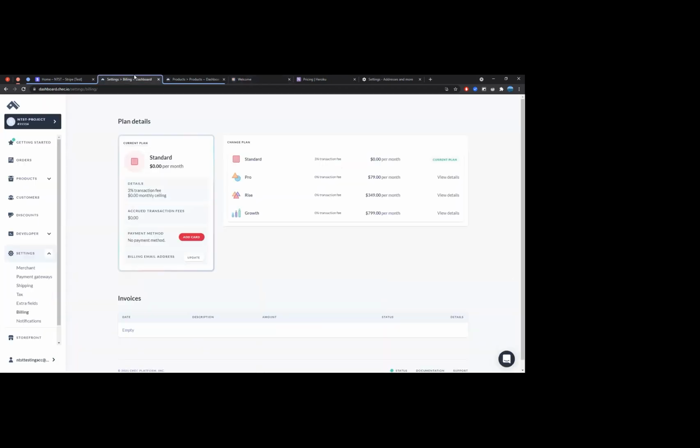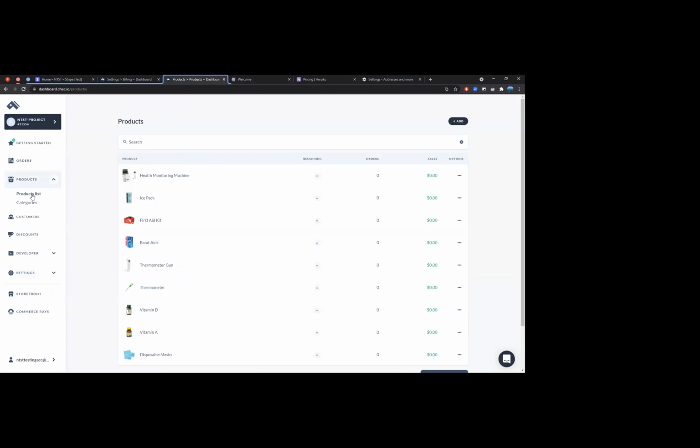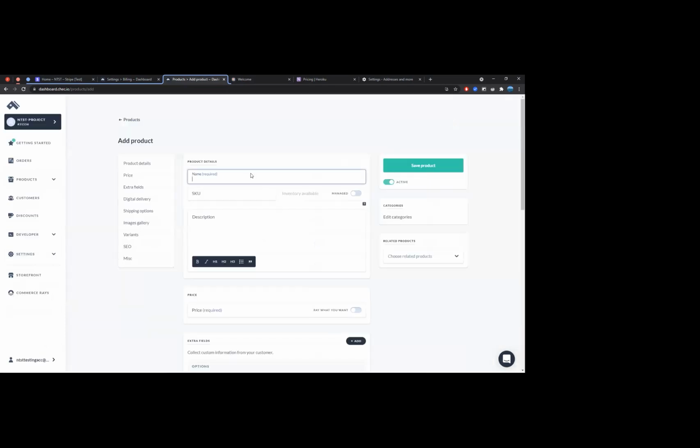And I will go over how to add a new product to the website. So here is a website that we use. It's called check.io, or it's also called commerce.js. And here you can add products. So if I go to add, let's say I want to add an apple, you can type in your description,